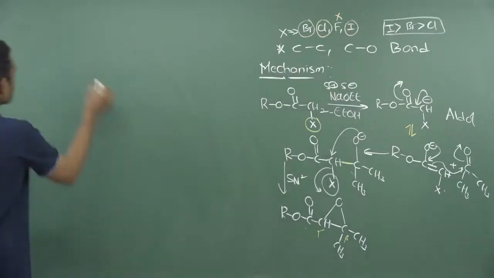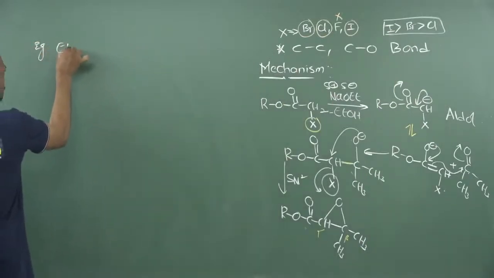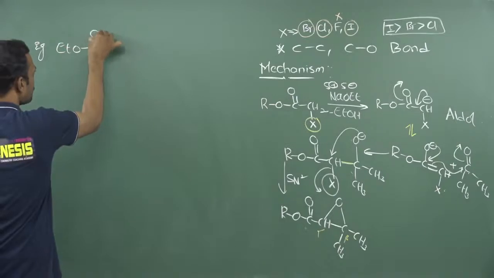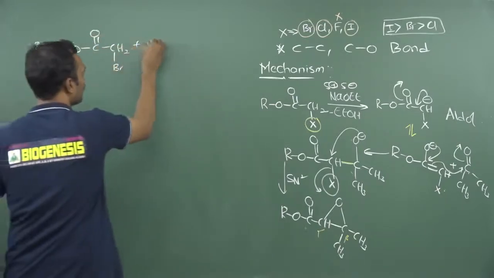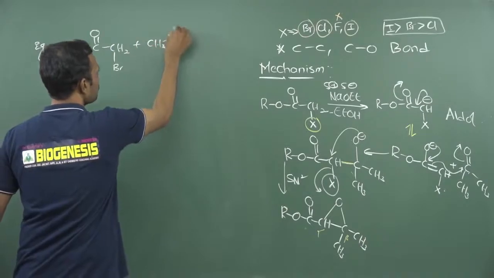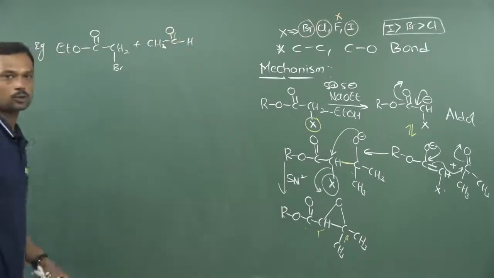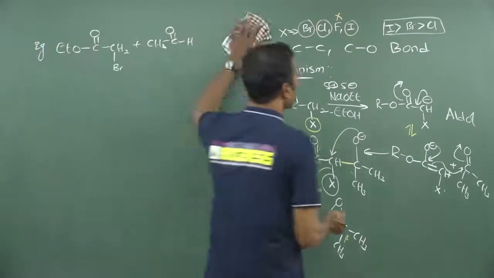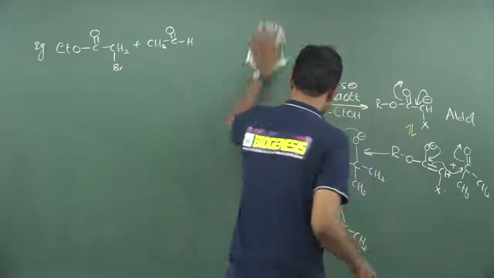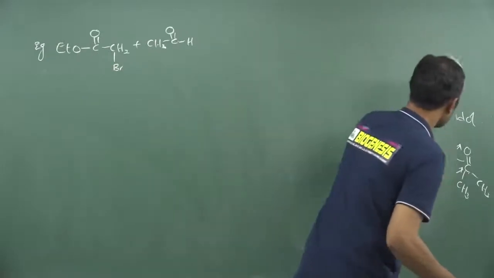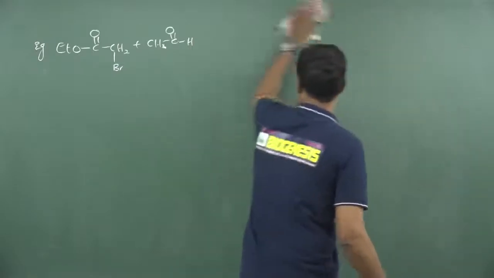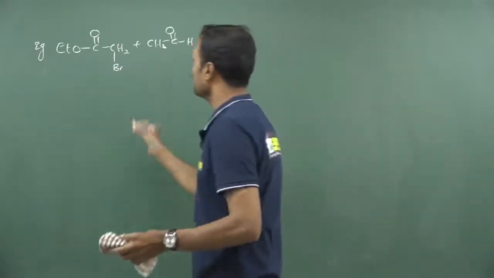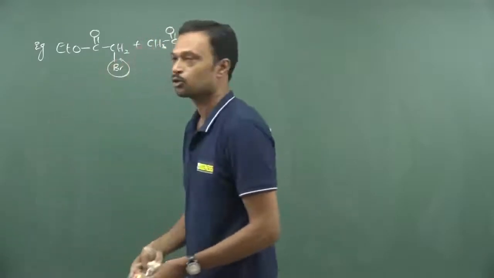Now see the shortcuts to predict this answer. Now take any ester, EtO, next here C double bond O, and here I am taking a bromine atom. Now take a carbonyl group which is given here. See, this is a molecule. So after this, what will be your product? In presence of a base, you can take any kind of molecule. It may be alpha haloester, alpha haloamide, alpha haloketone. You may take any one, but definitely at the alpha carbon a leaving group is required.